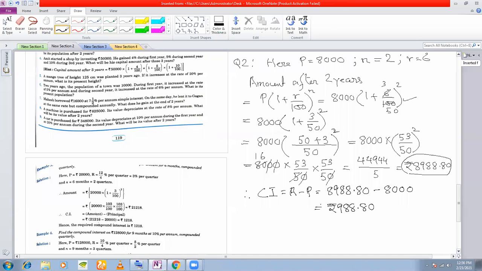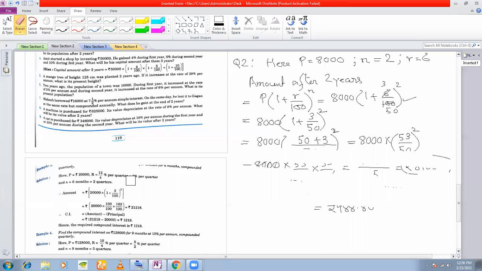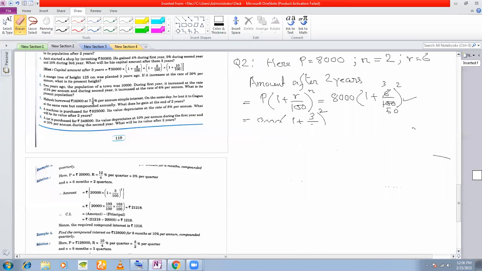Any questions on this? This is the most fundamental problem. You must understand this problem. If you don't understand this problem, later on you're going to have problems. Okay, can we proceed to the next problem? Yes, sir. So we proceed to problem number 3, and this time we shall simply apply the compound interest